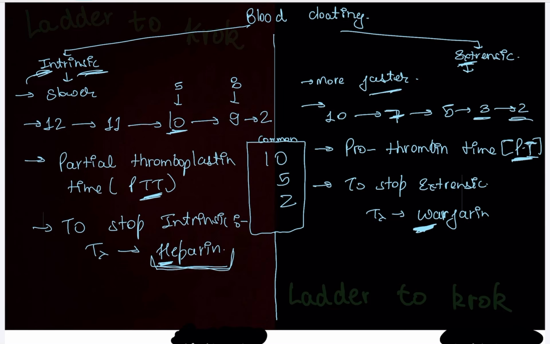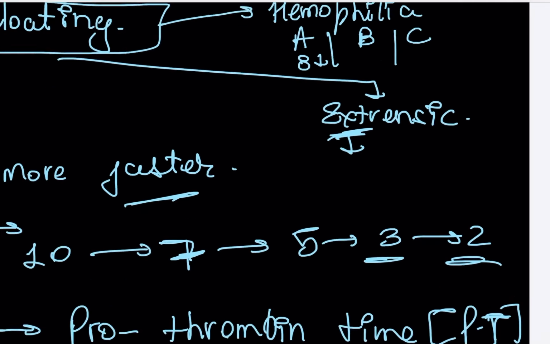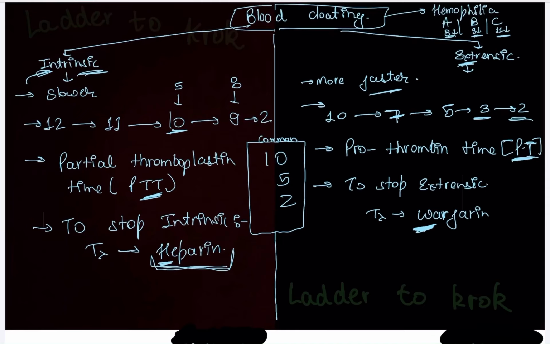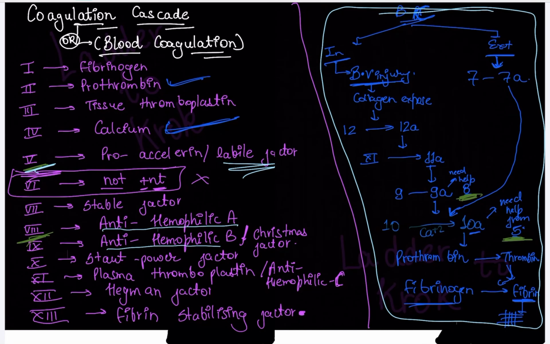I want to tell you one more thing. If there is any problem in blood clotting, if any factor is reduced, then what will happen to the person? One condition arises, that is hemophilia. In hemophilia there is a high risk of bleeding; those persons are more prone to bleeding. This hemophilia is of 3 types: A, B, and C. As we already discussed, in hemophilia A the factor 8 decreases. In hemophilia B, factor 9 decreases. And in C, factor 11 decreases. 8th, 9th, and 11th: A, B, and C. You can also learn this from here: anti-hemophilic A, anti-hemophilic B, and anti-hemophilia